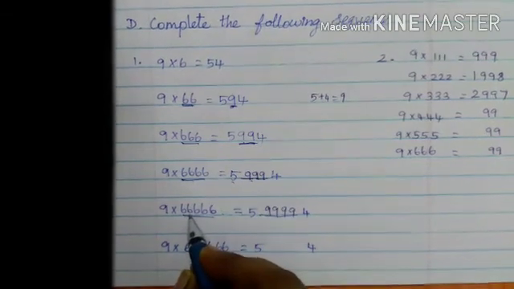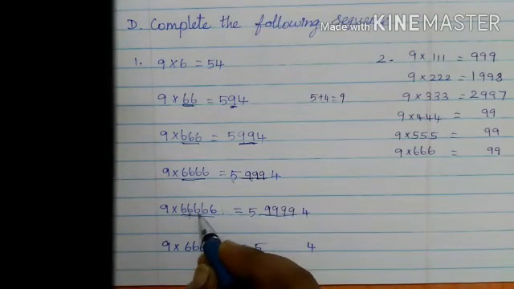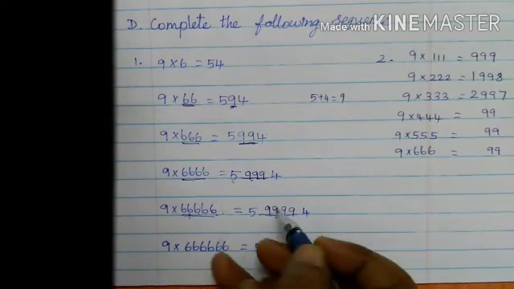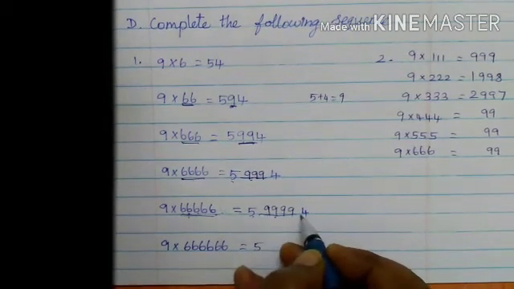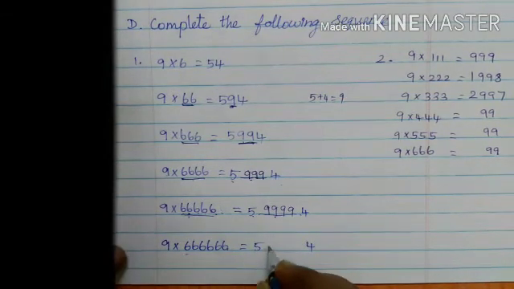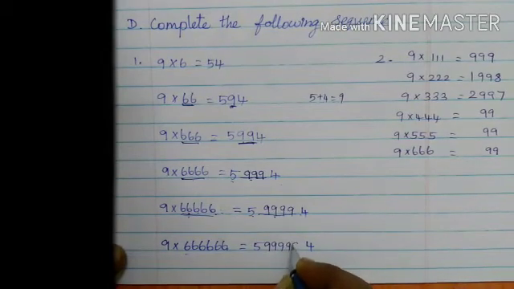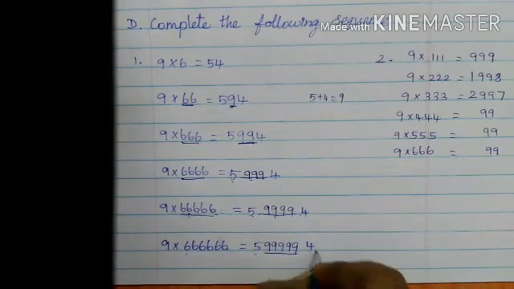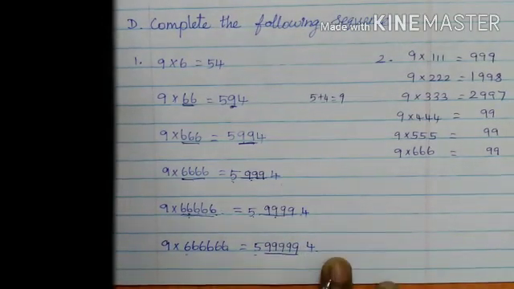Then here, 1 2 3 4 5 6. So you should write 4 nines, then 5 plus 4 is 1 more 9. So then the next one, the last one, 1 2 3 4 5 6, 6 times is given here. So you should write 1 2 3 4 5 times. In between the number only is asked, but first and last number is given here. So do you understand this concept, children?